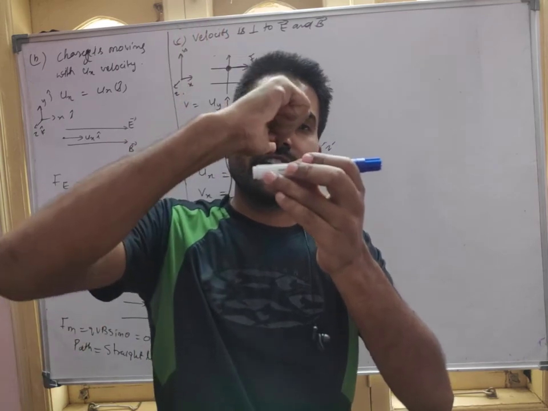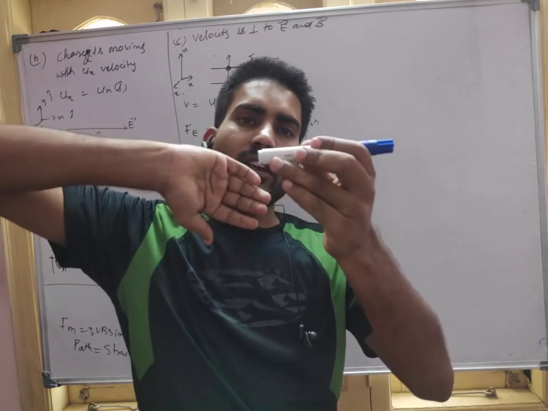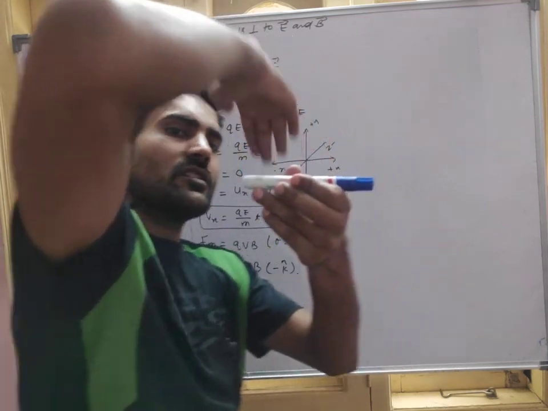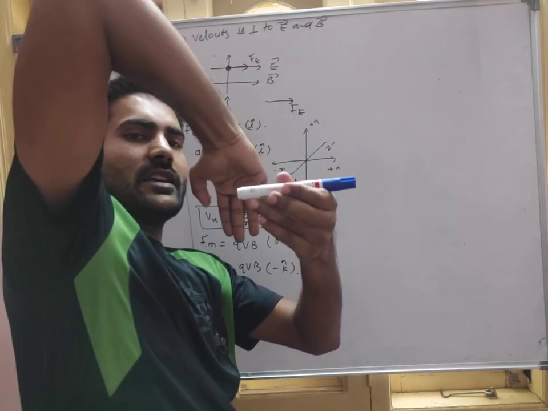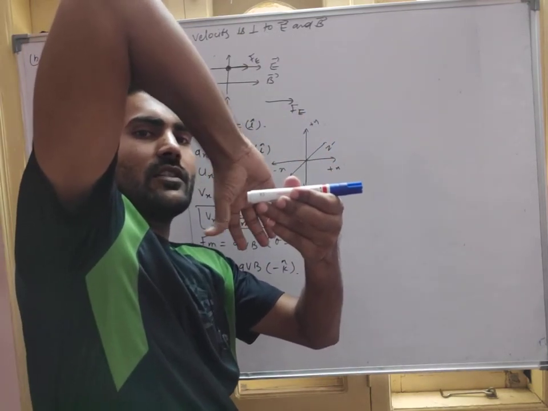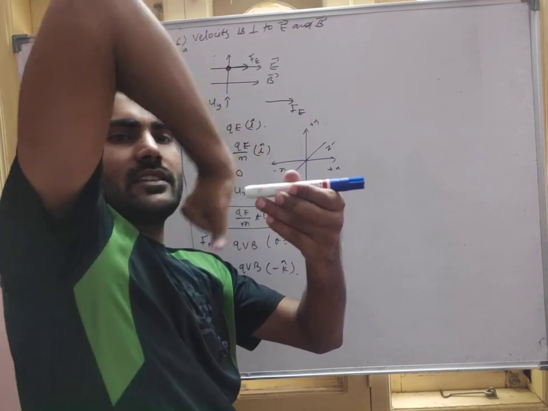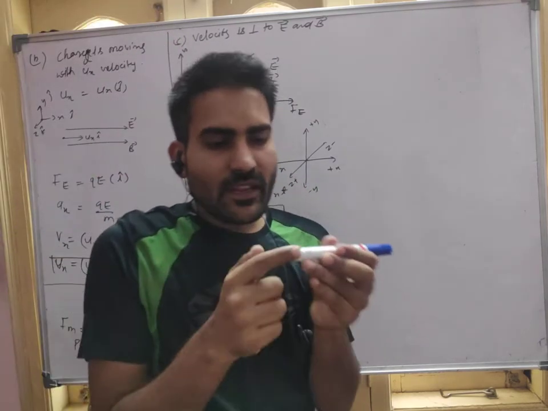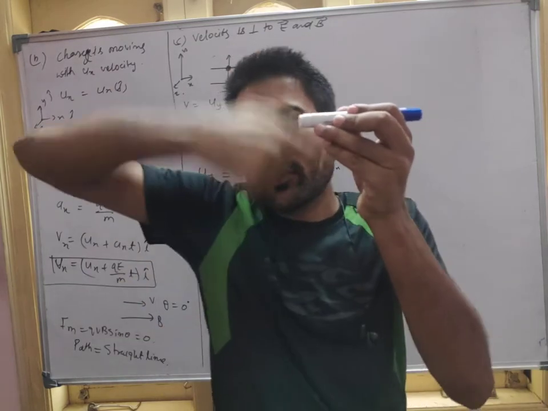Velocity, curl your finger in the direction of the magnetic field. Okay? Are you getting my point or not? Now the velocity will be like this. Curl your finger in the direction of the field. It will be like this. So the center will be, now this will become the center. So it will rotate like this.